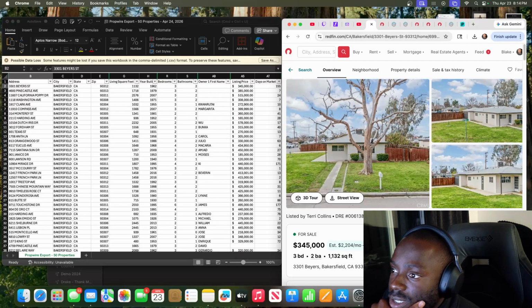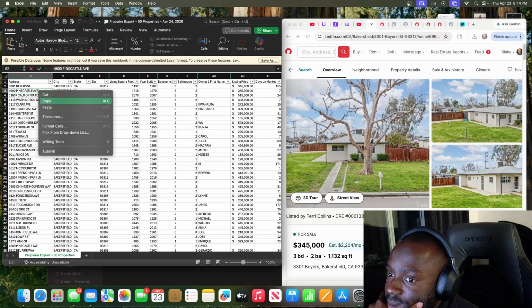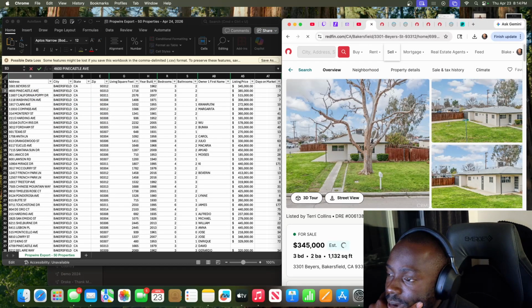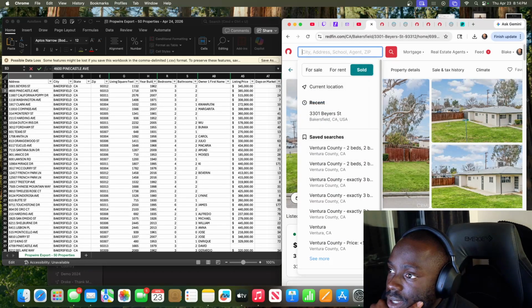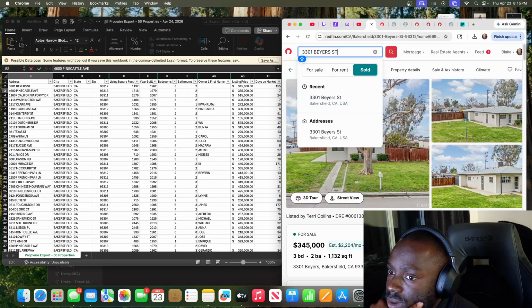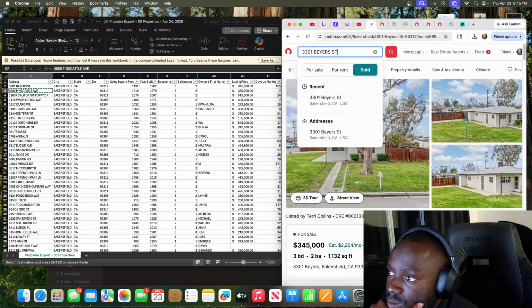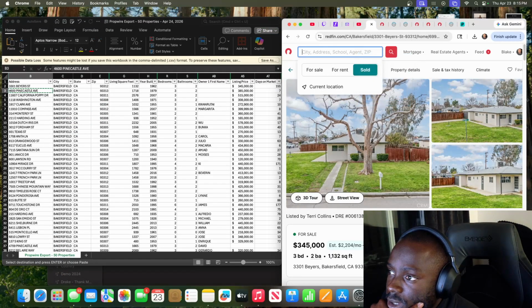It's been on market for 105 days. We want to go to the next one and see what's going on here. So paste. What do we have? Paste. No, no, no. Copy. Paste.